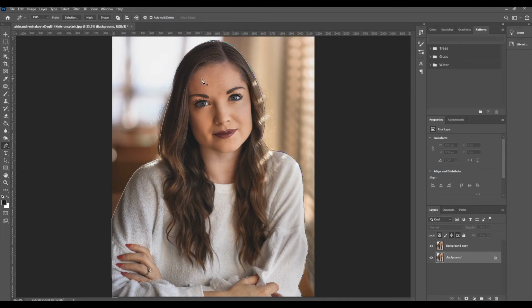Okay guys, welcome back, and today we are going to look at how to refine edge and make better selections. So what I've done here, I've taken the pen tool and I've drawn a path around the subject. You can see the areas that I chose to cut off, and how clean the lines look. Now what I'm going to do is just show you how the selection looks